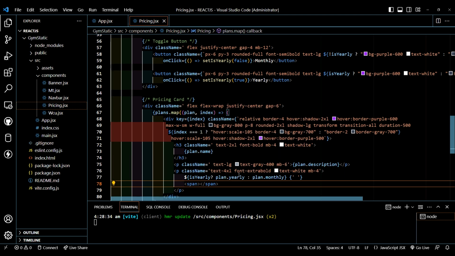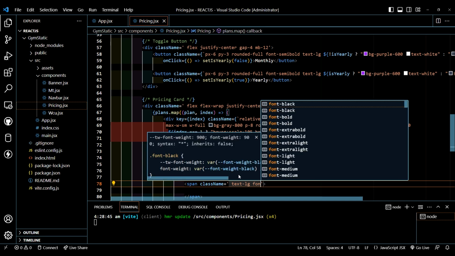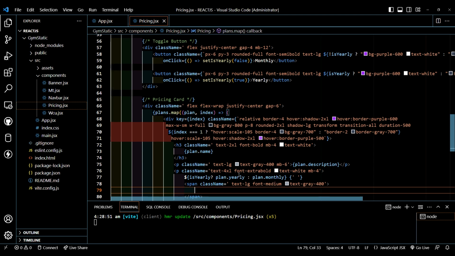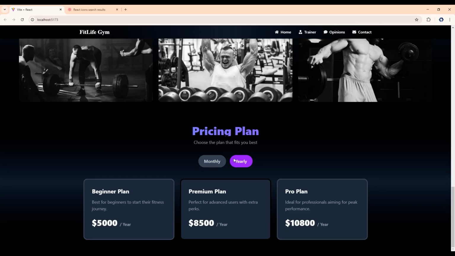Let's create a span tag. Here, class name text large, font medium, text gray 400. Let's pass slash, isYearly question mark, year else month. Let's scroll and check this. If we do this,